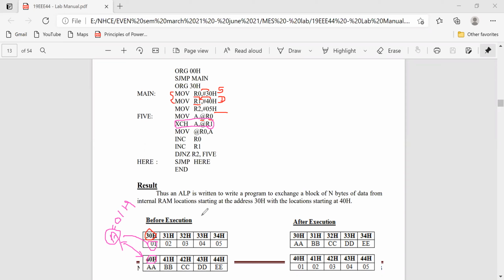After exchange, what is the value in the accumulator? And what will be the value at R1, that is memory location 40H? Anybody can say?